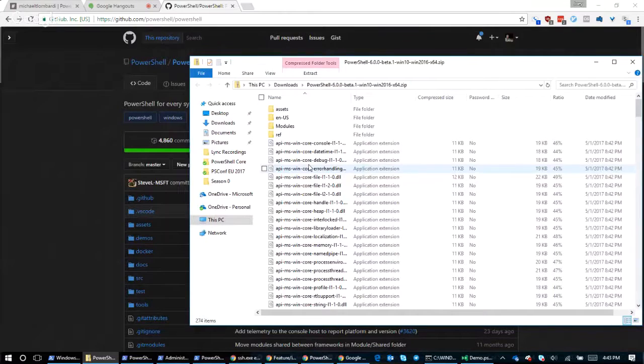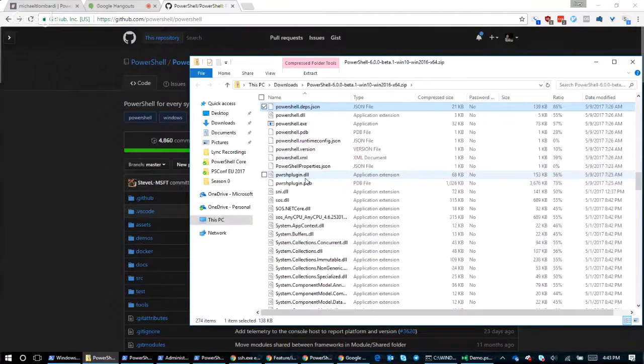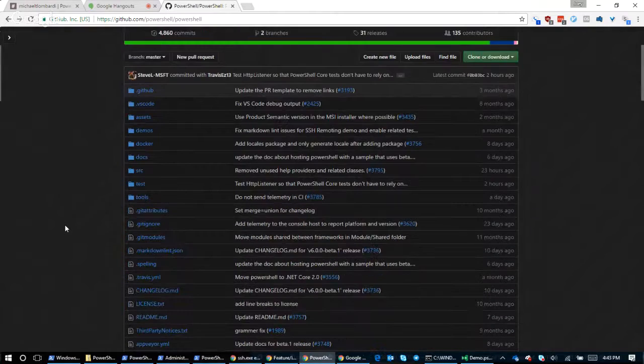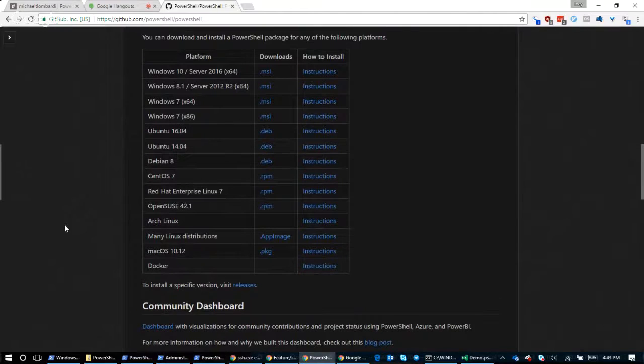It's got all of its dependencies with it. You'll see there's a PowerShell.exe. No rebooting. No "which version do I have?" No "I've got to make sure my scripts work on this new one so I don't break anything." You can start trying this thing out on your desktop in 20 seconds or less. So there's really no reason to not give your scripts a try.